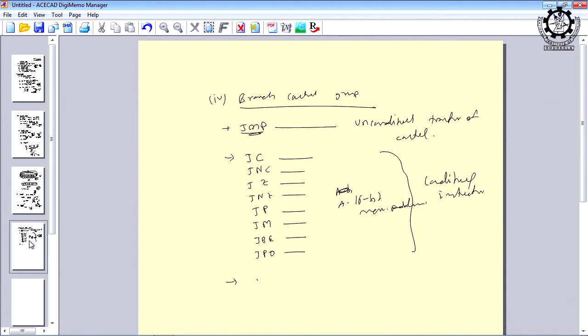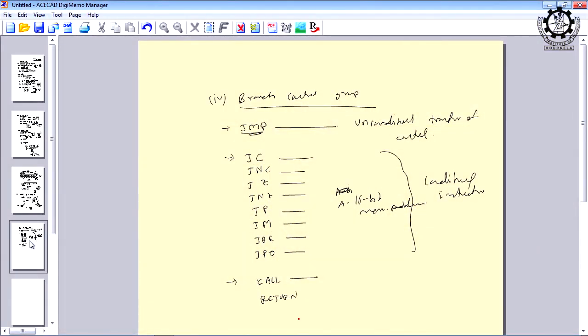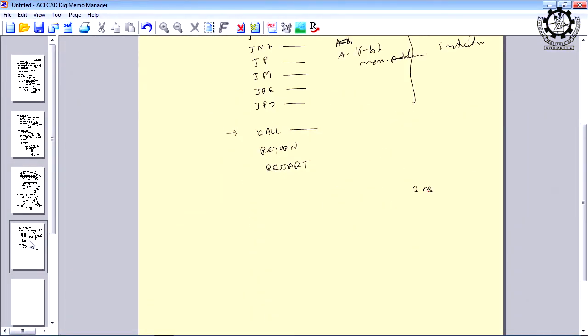Still we have more instructions like call, 16 bit address, where everywhere the 16 bit address is the operand, and return, restart. They also come under the branch control group. What is call? That means you can write a subroutine, and the starting address of the subroutine you can mention here. Suppose I have written a program and my subroutine is stored at memory starting from location 3050, then I must write call 3050H. And what would be the last instruction of that subroutine? We can use return, RET. So, the control will come back to the next following address.